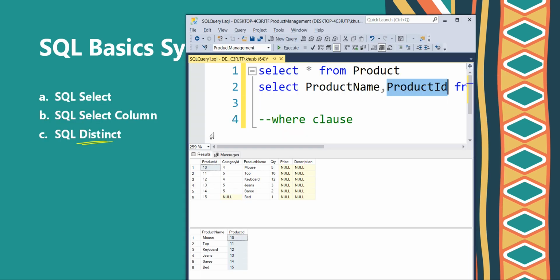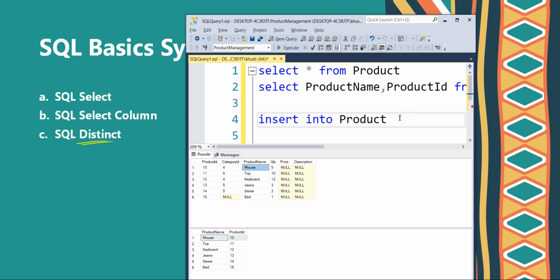Okay, so let's again take the same example. We have a product table. Here we don't have any duplicate values, but let's insert one more data into this.